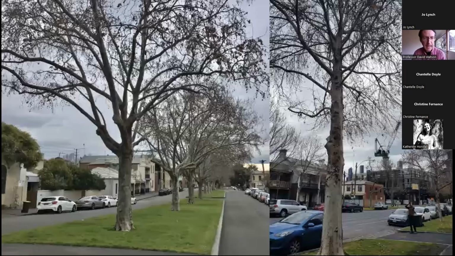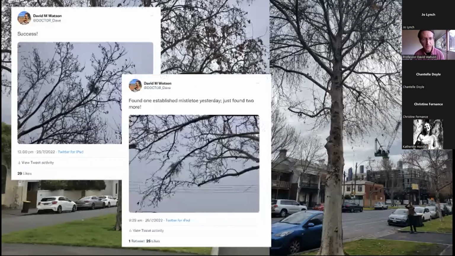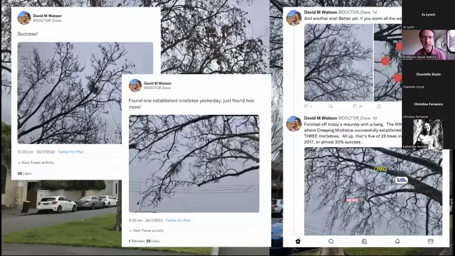Field work went on just earlier this week, Monday and Tuesday. I was back in sunny Melbourne to check on the babies. And what did we find? This is one of few scientific studies that I actually live tweeted the findings. It's like, yes, found the mistletoe, and it's big. It was easily seen, and there were more. Oh my gosh, so much excitement. And then look, yes, all the mistletoes in the trees. So of those 15, hello, yes, I've got a fan here.